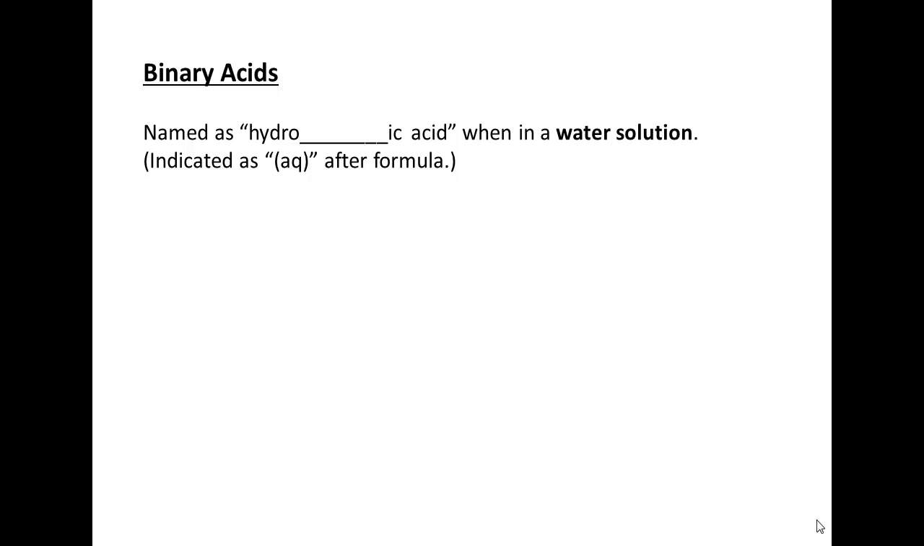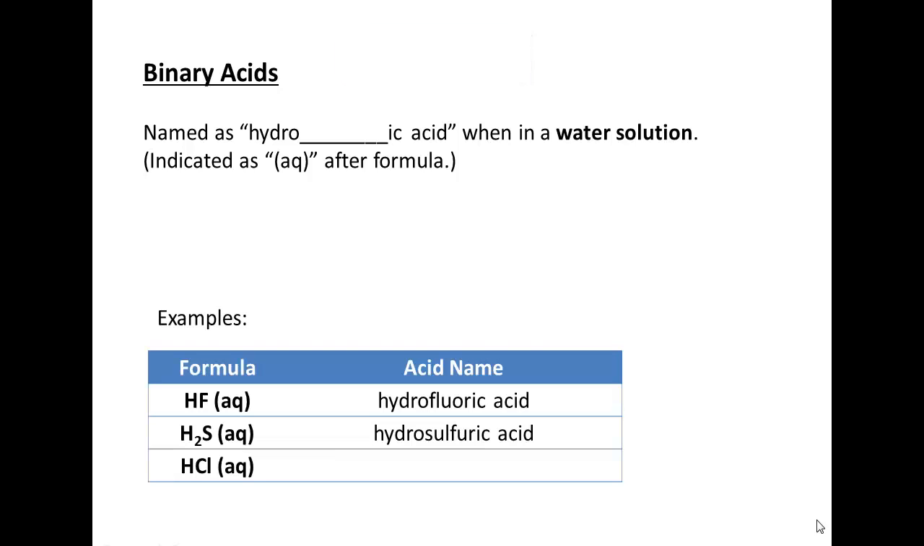So binary acids, binary, if you recall, that means there are two elements, and so the two elements are hydrogen and a nonmetal. These always start with hydro, and then where this underline is, you put the base of whatever your nonmetal name is, ic and acid. So, for example, if we were to look at HF, it would be hydrofluoric acid, the fluor coming from the name of fluorine. Now, we always write AQ after it because we name it as an acid when it's in